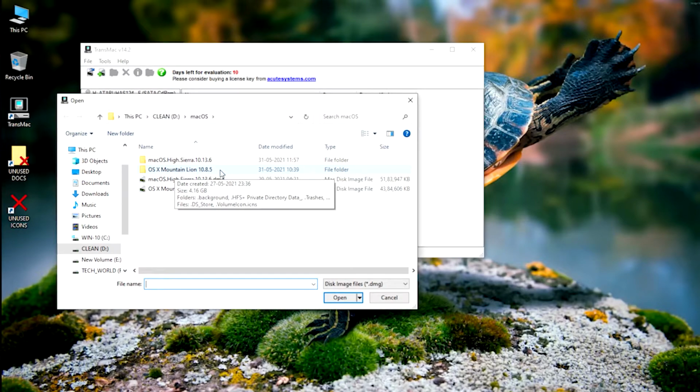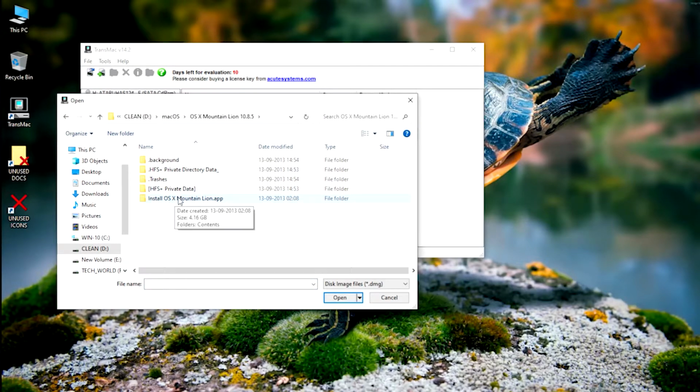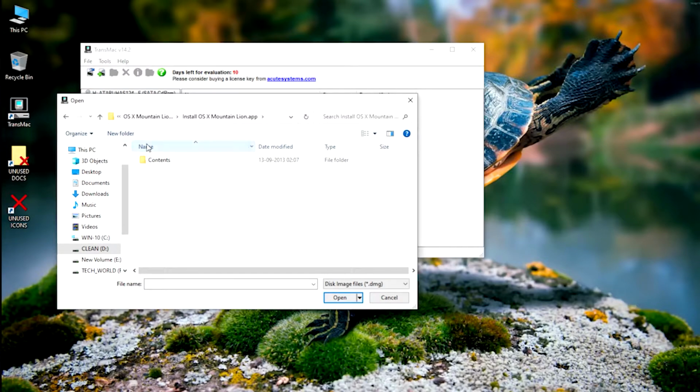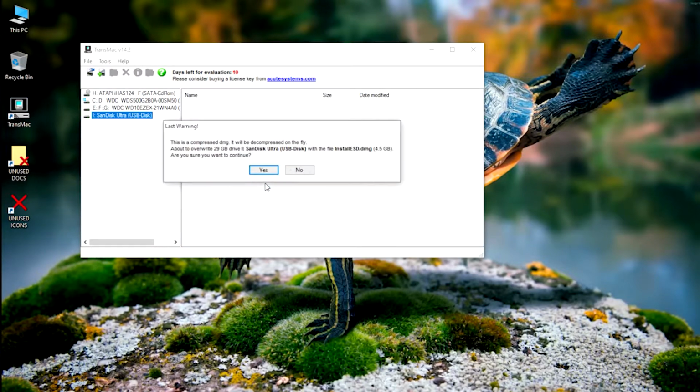For now, I am going to make a bootable drive of OS X Mountain Lion, so I am navigating inside it. Navigate to Install OS X Mountain Lion, then Contents, then SharedSupport, and finally select InstallESD.dmg. Click open, now click OK. It will ask you to press yes.